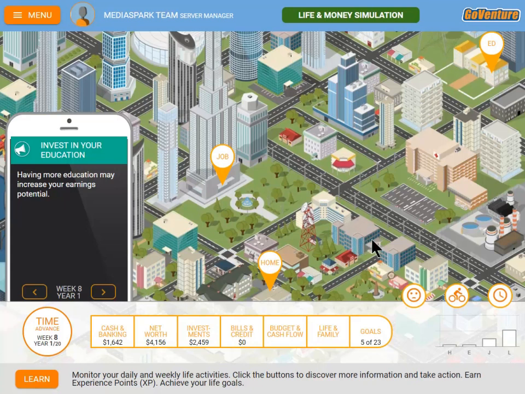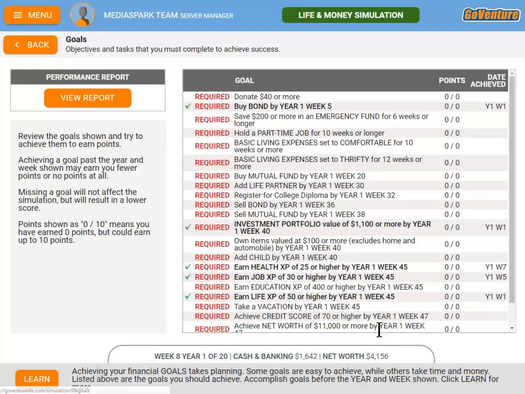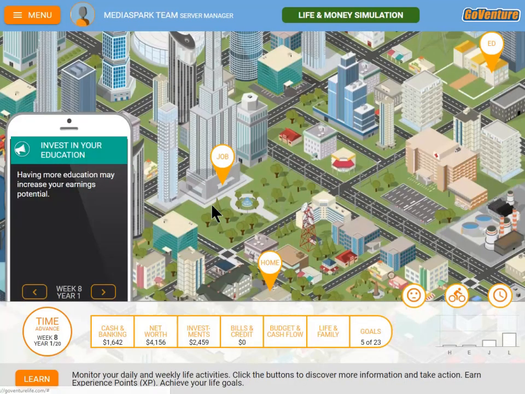So that's all the main areas of the simulation. Again, the premise now is you live your life. You can go in any direction that you want to go in, make whatever decisions you want to make. Again, keep in mind the goals here that you may be required to achieve based on the course that you're taking, and live your life week by week, year by year, and hopefully achieve as much as you'd like, whatever your path in life tends to be.